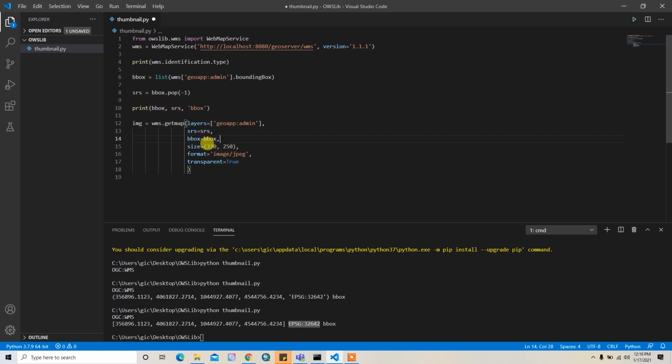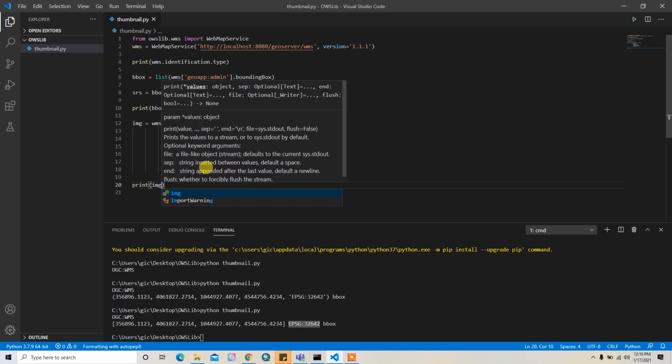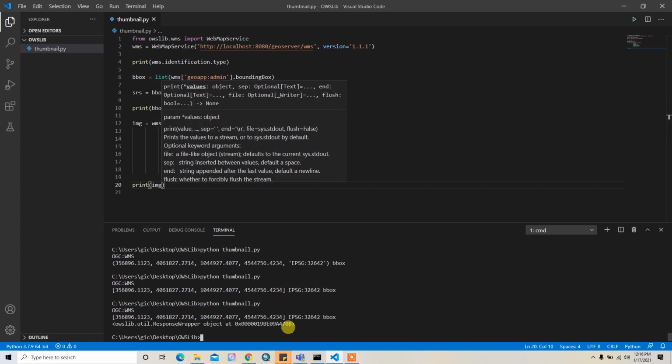And size will be, you can define your size, but thumbnail means if you provide the smaller size, that would be nice. And then just save it. And maybe you can just try to print out the image. It will print out the actual response, which is an object, because the image cannot be visualized